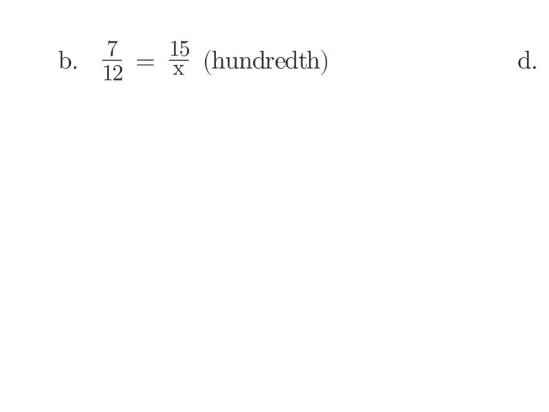So I'm going to start by cross multiplying. 7 times x is 7x, and 12 times 15 is equal to 180. Okay, if we divide by 7, we get x equals